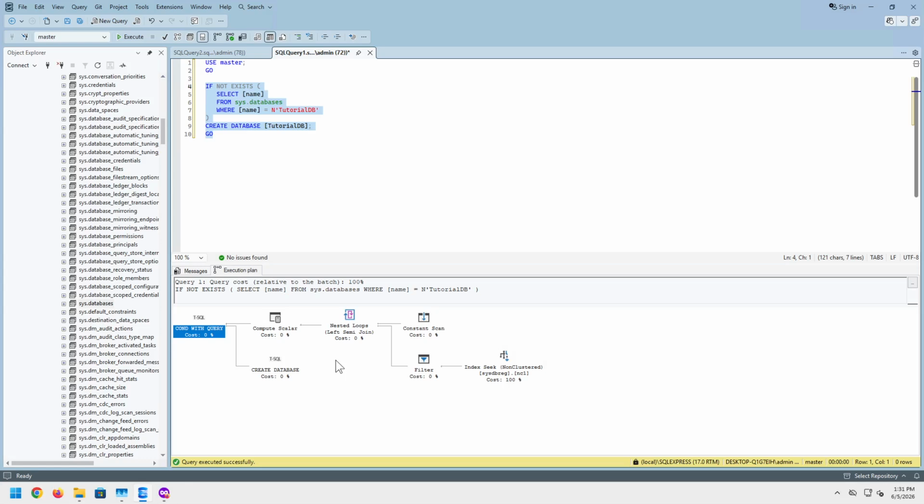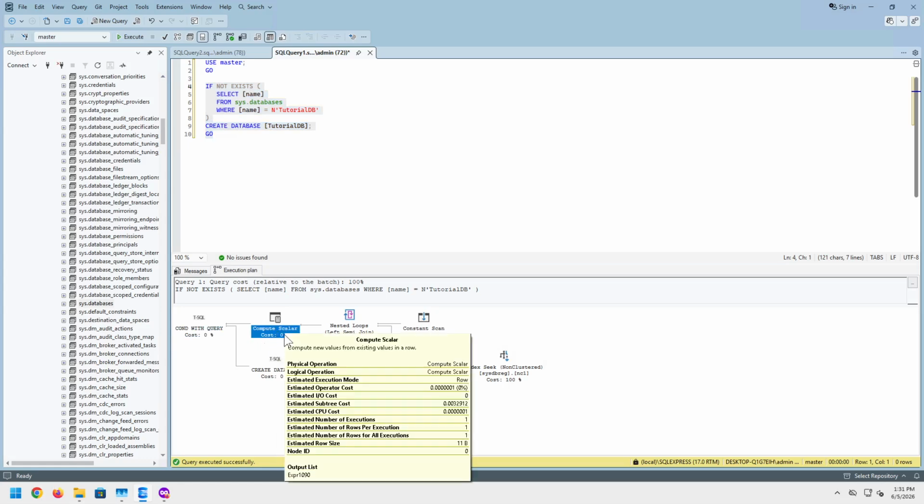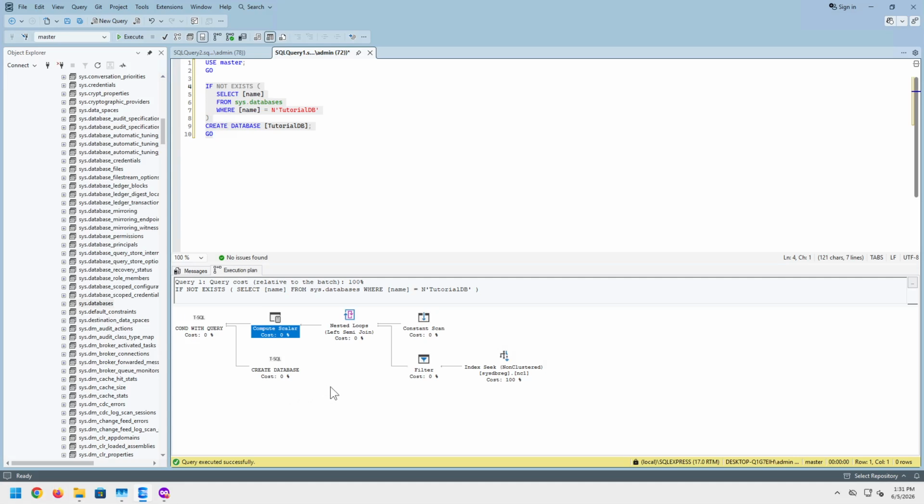And you do that by optimizing both the queries and the data sources, primary tables. You can see the most important operation, that's the costliest. In this case, it's an index seek,